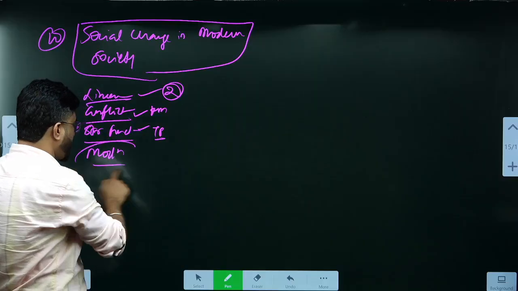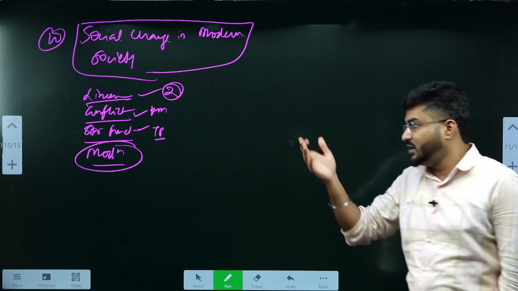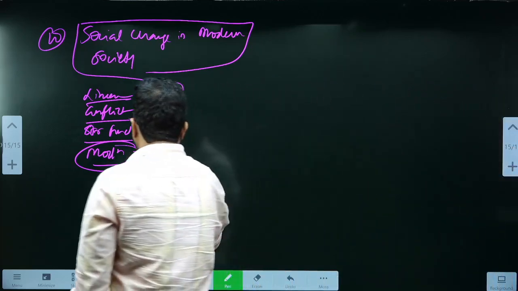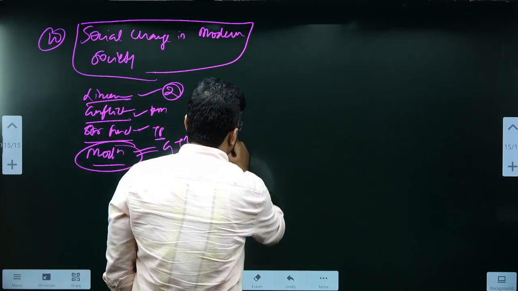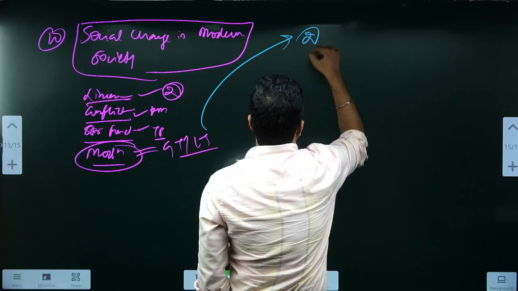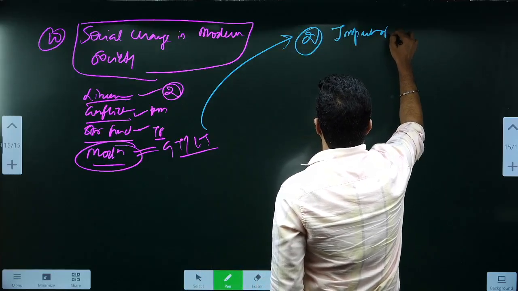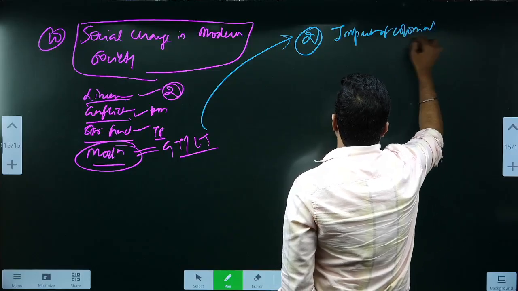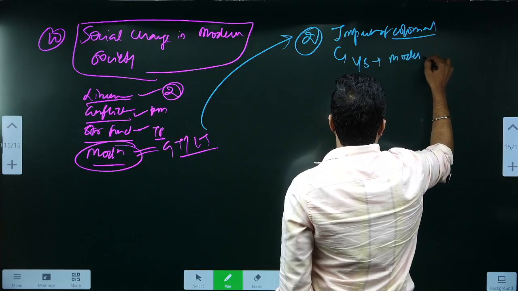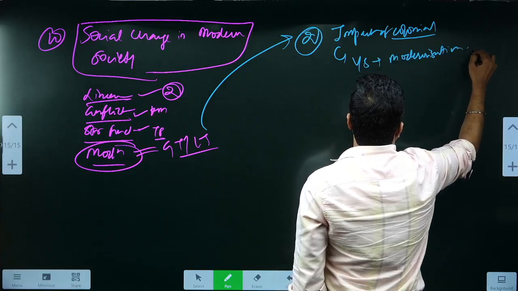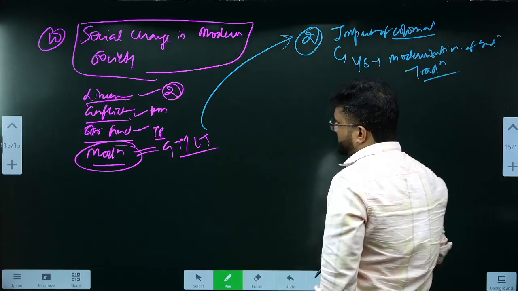Then comes your modern theory of social change. In this modern theory of social change, they have been asking in PYQs about great tradition and little tradition questions. This is nothing but part of your chapter 2 of paper 2, which is about impact of colonial rule on Indian society, where you read about Yogendra Singh and his concept related to modernization of Indian tradition. Okay,